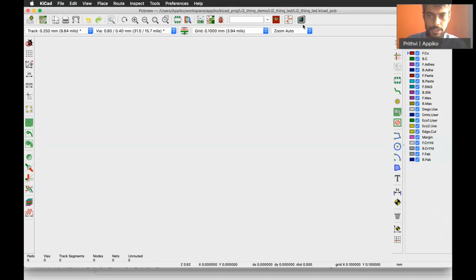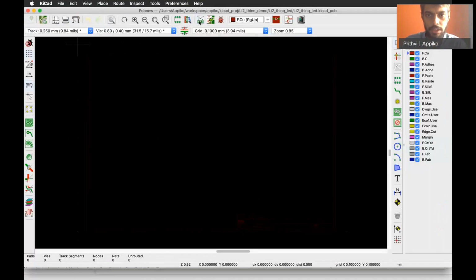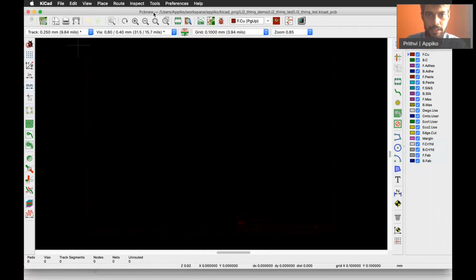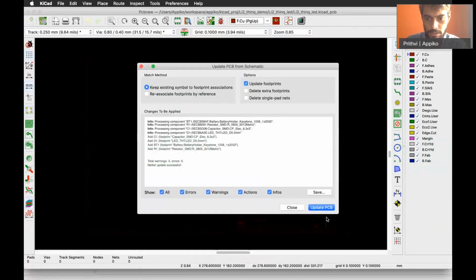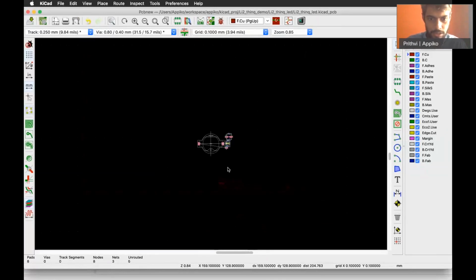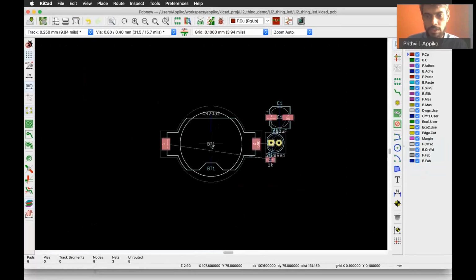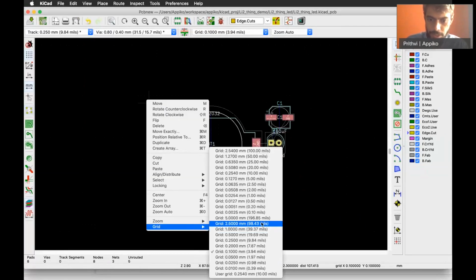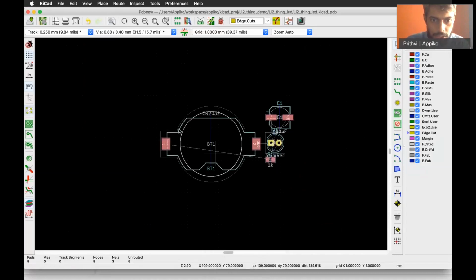Now we can go to the PCB part. So in the PCB, we will get the various design from the schematic. So we have all the various parts. We'll add them. First we'll have to make the edge of the board. For that, we will have to first set the grid, so that the grid is easy. I mean, we can have multiples of 1 mm, so it's easy for making the grid.